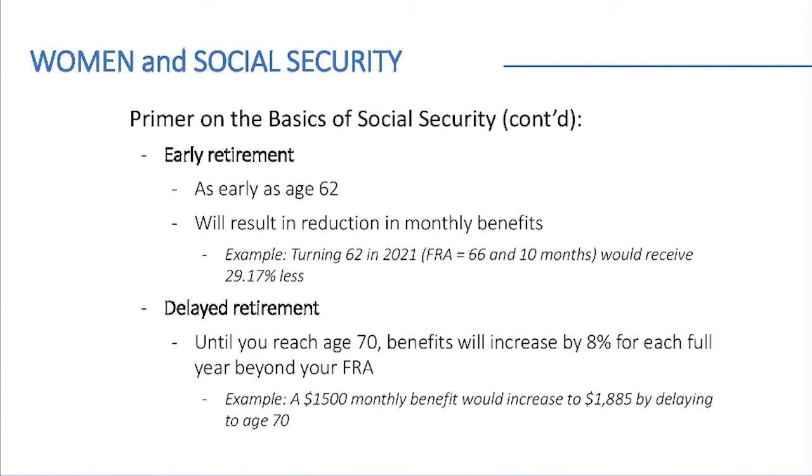The month before your 70th? The delayed retirement credits start accruing in the month you reach your full retirement age and end in the month before you turn 70. So it would make absolutely no sense to delay beyond age 70, because you'll just be losing benefits. Yeah, we have had some situations where people have contacted us and said, well, I'm 72 and I'm